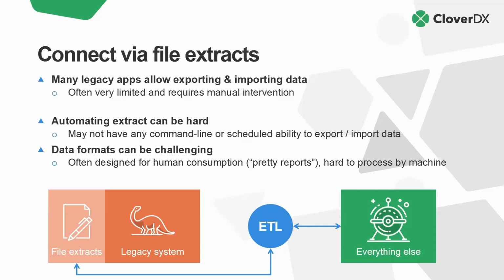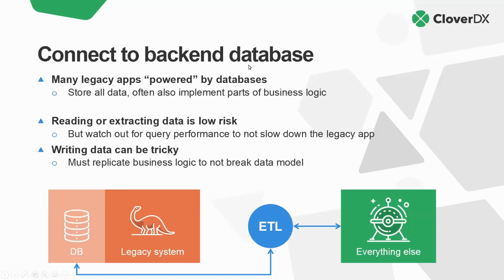So think of things that are tricky, like dates. That legacy system will have those file extracts, and you can use an ETL tool, like Clover, to pipe it over into everything else. But in our experience, there are some contingencies and issues that come up with that approach that need to be considered and rectified based on what you're using, right? That leads us to a more powerful approach,